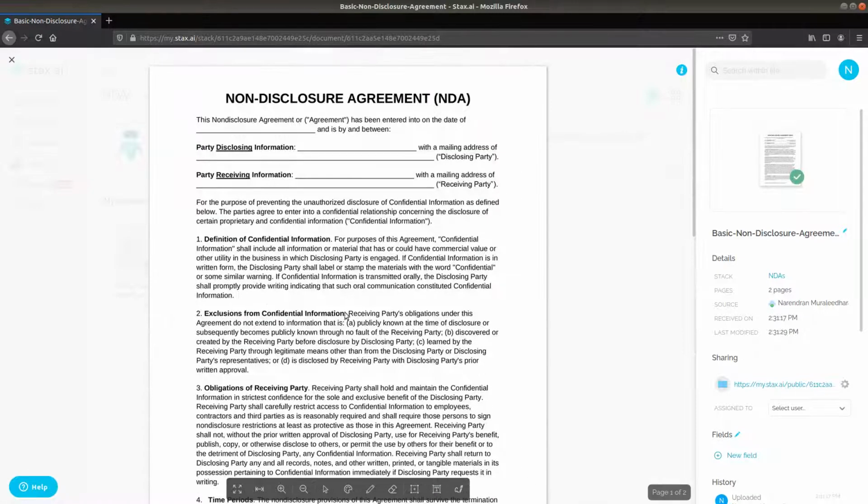So let's see. Over here, that's where the effective date is going to go. So let's fill out our information. Down here on the document toolbar, there are a couple of tools that you can use. We're going to use the text box and the signature tool. So let's start with the text box. Click on that and click on where you want to type. So let's put in the name of our company, and we'll go here and we'll put in